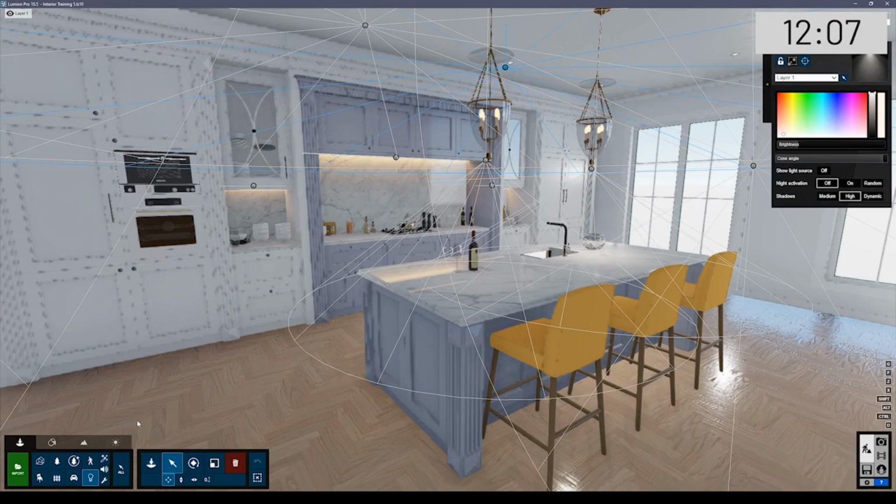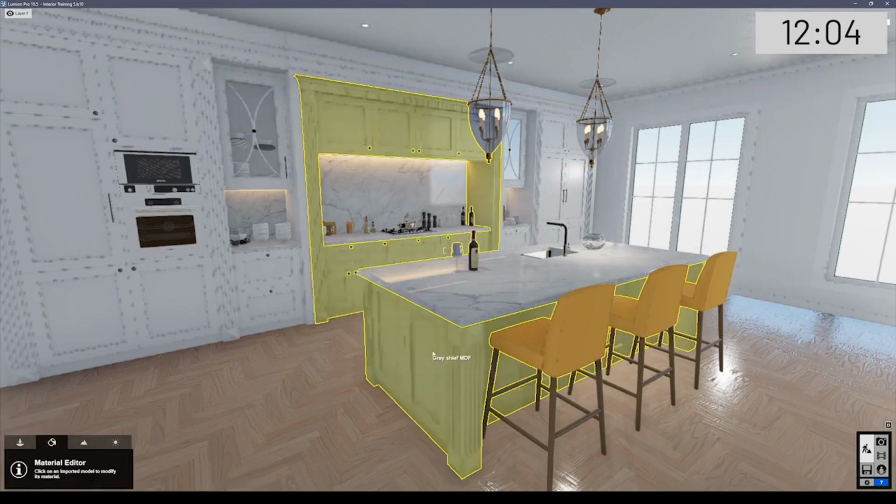And as for the materials, they are pretty much the standard material. There's nothing